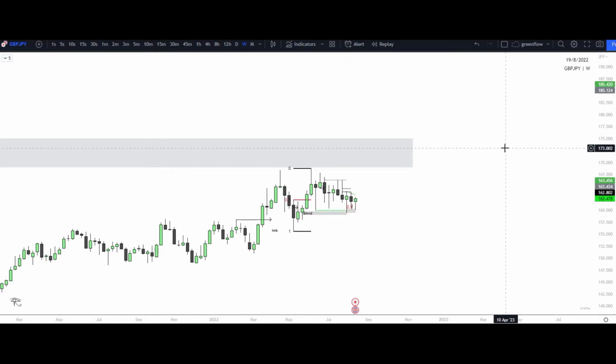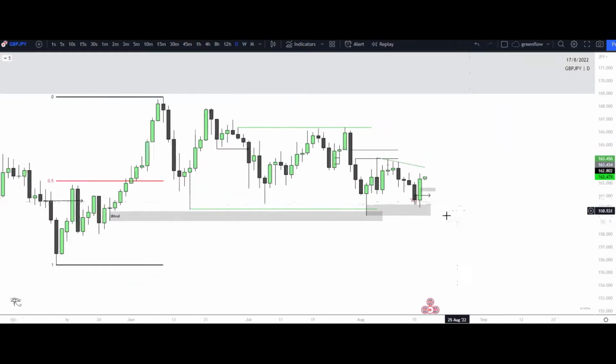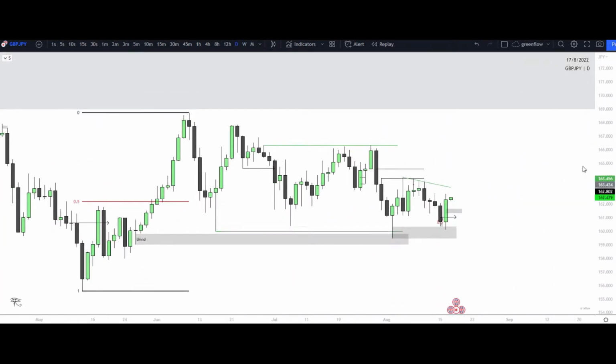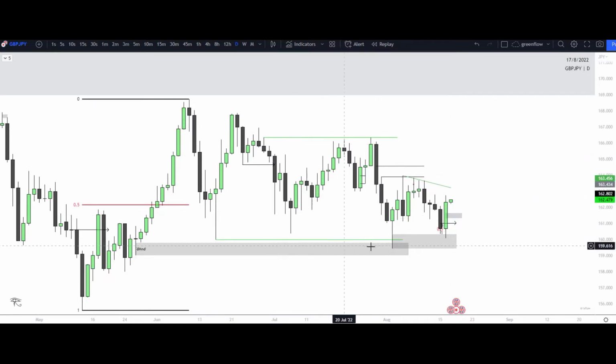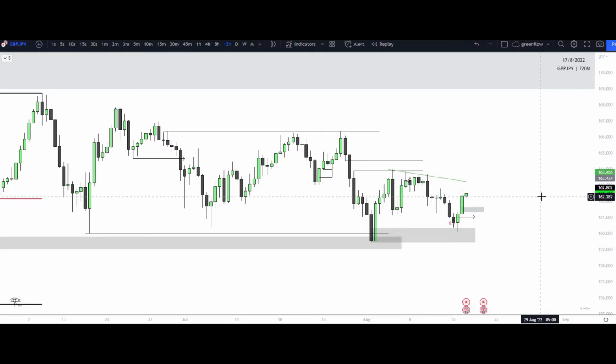Now you can see how prices fractal and will do the same exact behavior, the same exact price action on every single time frame, and that's how we can convert from higher time frames to lower time frames. So understanding that we have a lot of shorts in trades, we are starting to distribute and then starting to accumulate after taking out all the lows, mitigating demand, and then we are starting to break structure upside on lower time frames. Tells me that price possibly wants to continue to the upside.